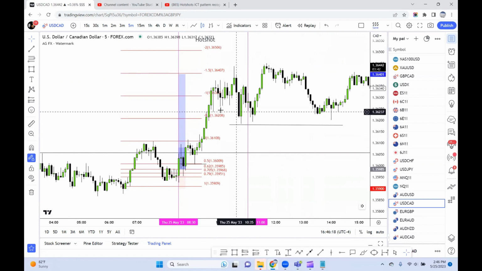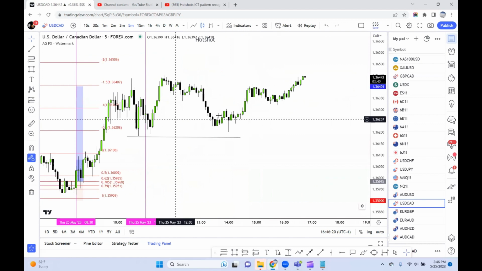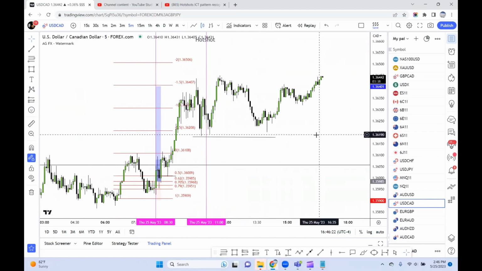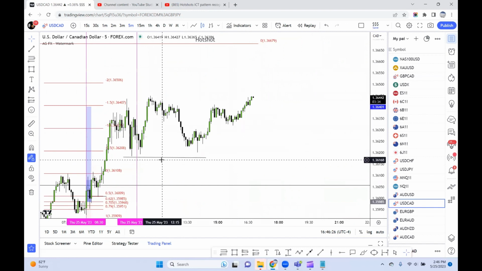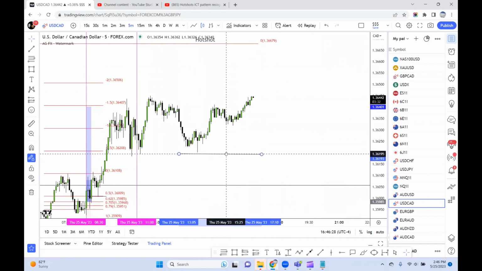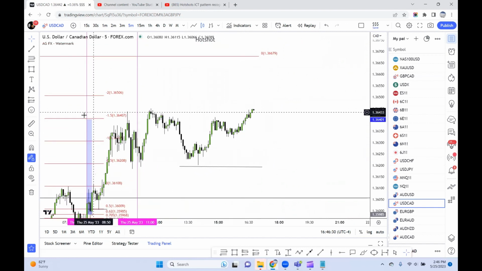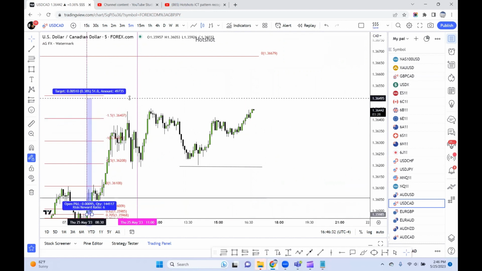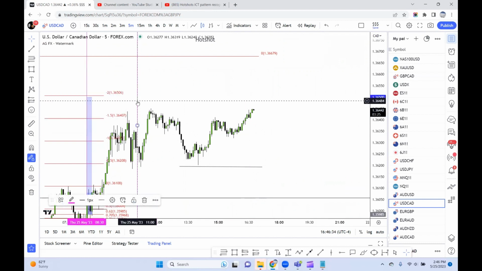You would have got stopped out, and that's totally fine. You would have been stopped out in profit. But if you had your lows right here, and you would have still been going right now, this is current, so we would have our stop loss right below this one here. And we want to see if it hits the next level, which is going to be here. And if it hits here, then we'll claim full